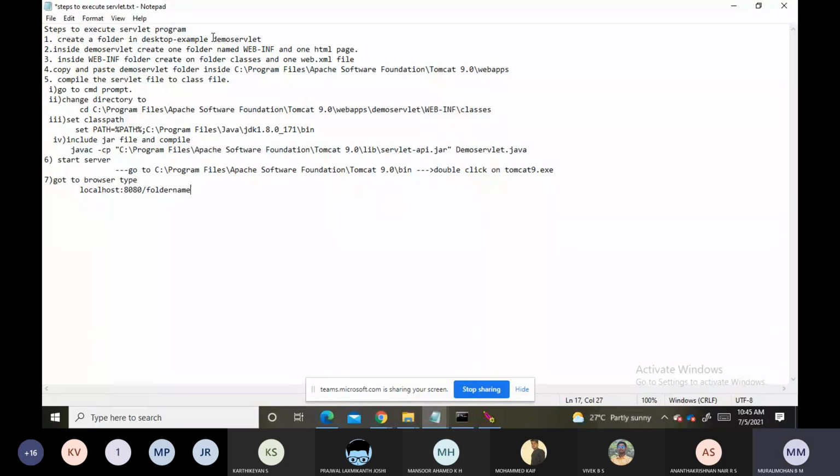For example, we are taking it as this one, so you should type the folder name which is created inside the webapps folder.